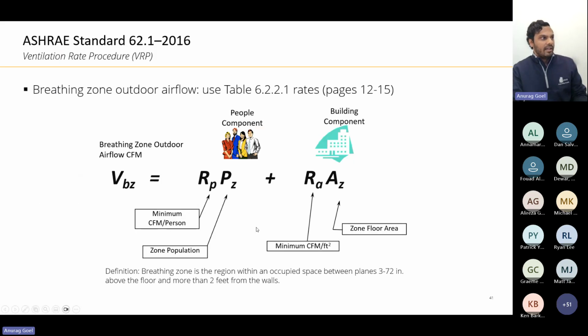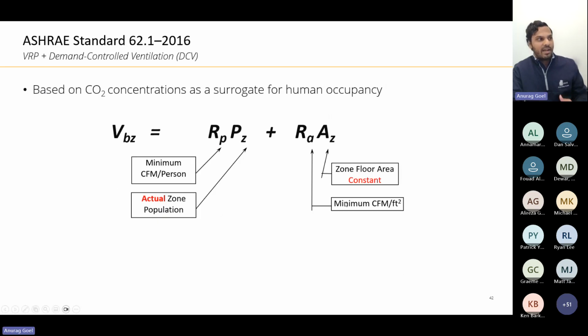So let's start by looking at the VRP calculation for the sample building. The VRP calculation involves a people component of roughly 5 CFM per person, and then a building component of 0.06 CFM per square foot. As we talk about the VRP, I want to be fair and also bring to light that